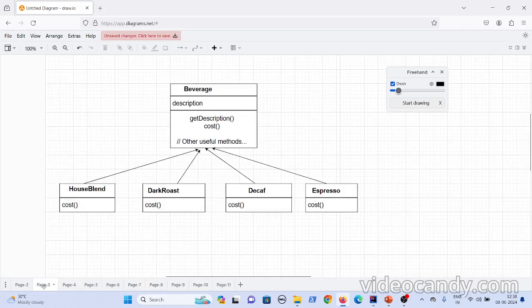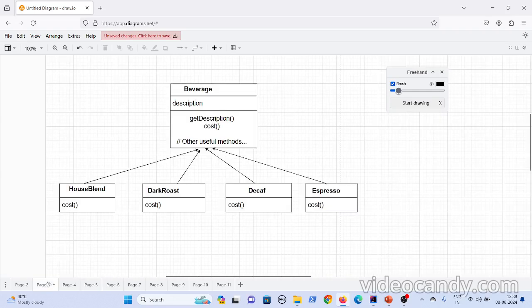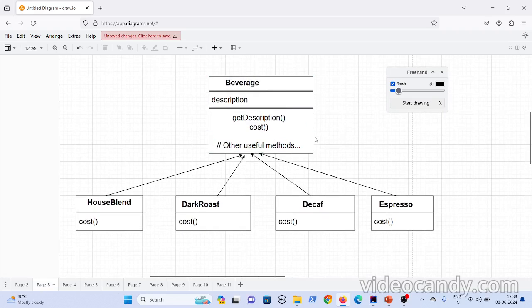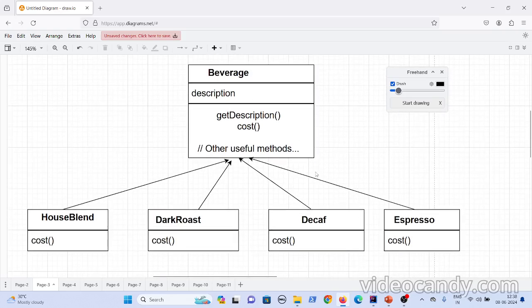Here I'll go with one beverage example. So this is the beverage example I was talking about. Initially when the beverage business started, they went to the market with these 4 varieties of coffees: house blend coffee, dark roast coffee, decaf, and espresso.